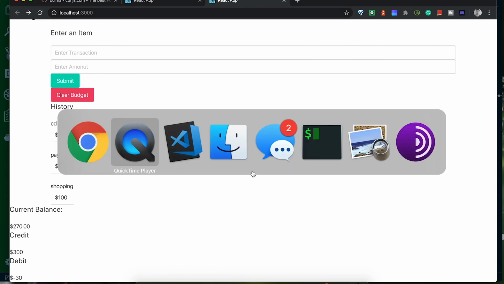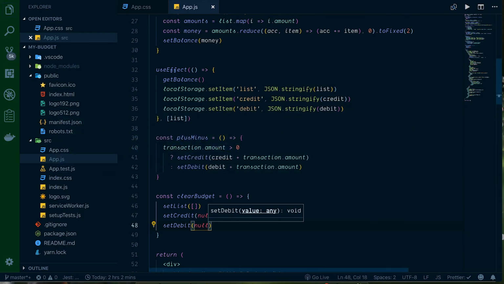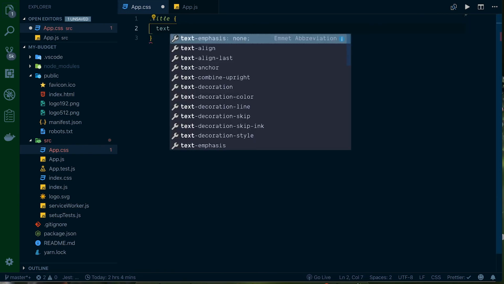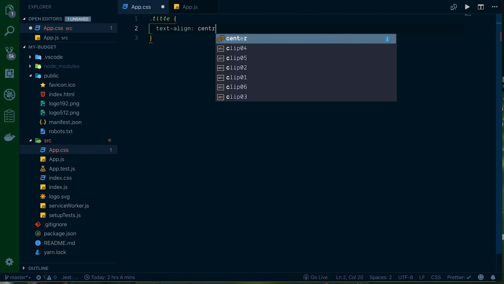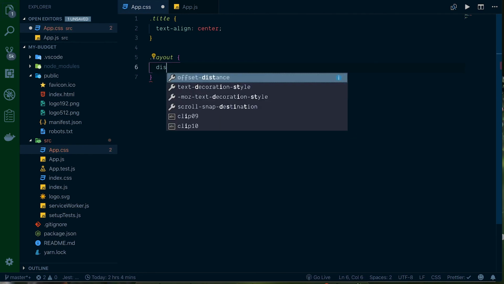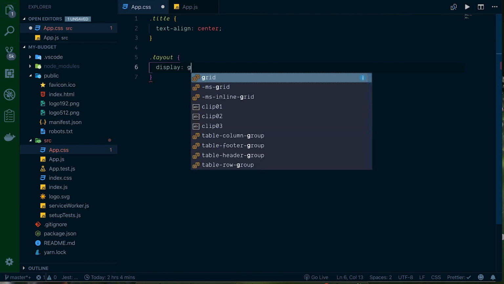So the last thing we want to do is do a little bit of styling. Now if you're not interested in that, you can go ahead and switch that off, but we're just gonna do a little CSS just to make it look a bit better. So the first thing we want to do is our dot title, and we're just gonna go text-align center. Okay, that's good. And then below we're gonna go our dot layout, and that's gonna be display grid